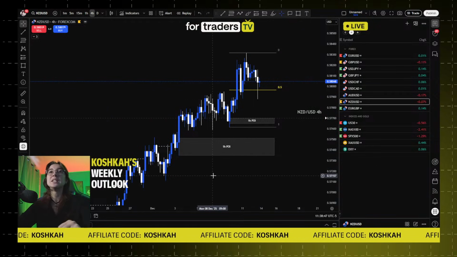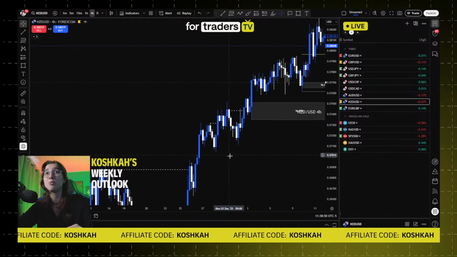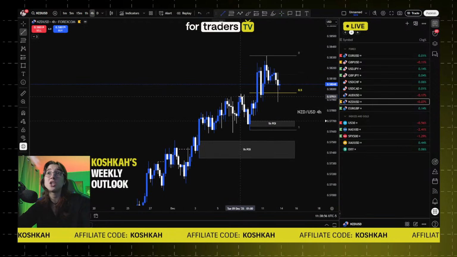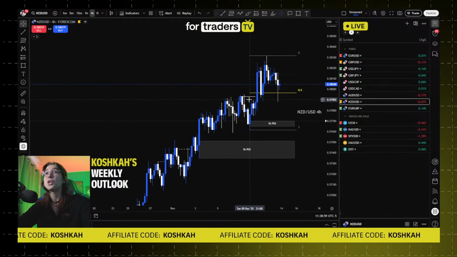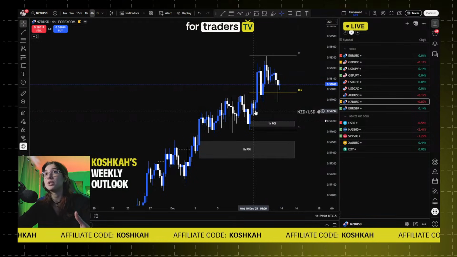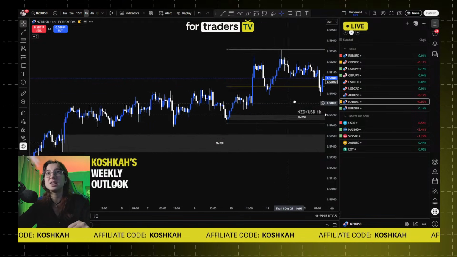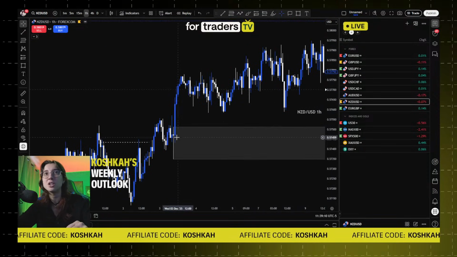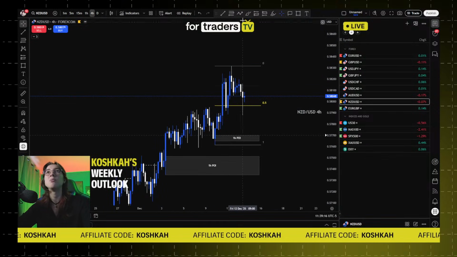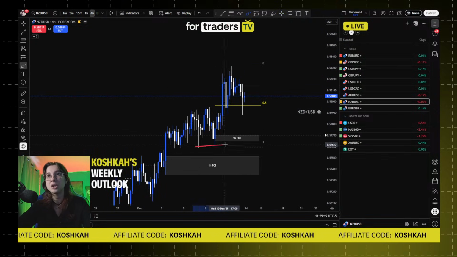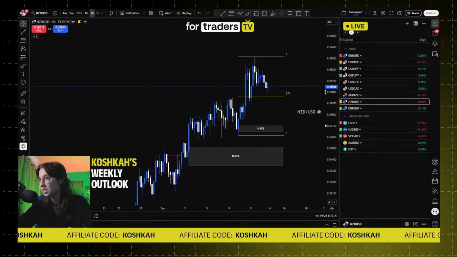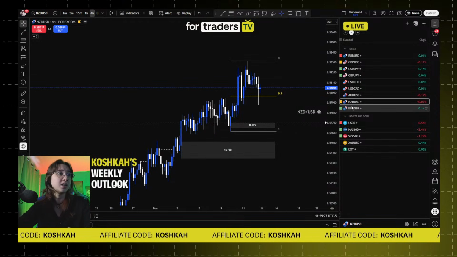So in this case, as you can see right here, the market structure has been really aggressive. We broke structure here, and the current range is indeed right here. So you can actually really identify your points of interest and your areas below the 0.5 in this aggressive range. And as you can see exactly right here, we have a point of interest right here and a point of interest exactly right here. And above them, we do have some liquidity. So we do have some liquidity and inducement here and right here. So both of the POIs are good, even if the market structure is aggressive. So yeah, that's it for NZD USD.